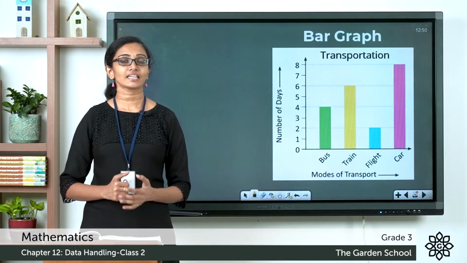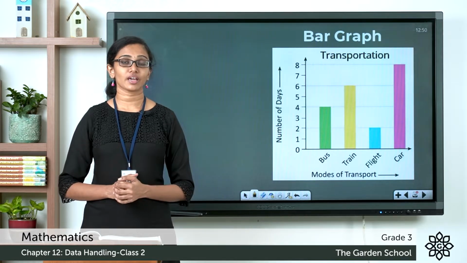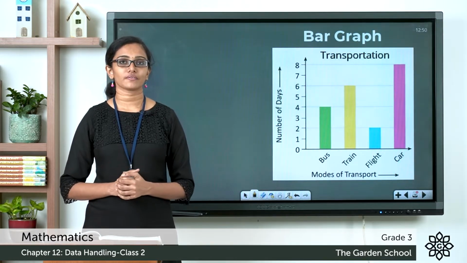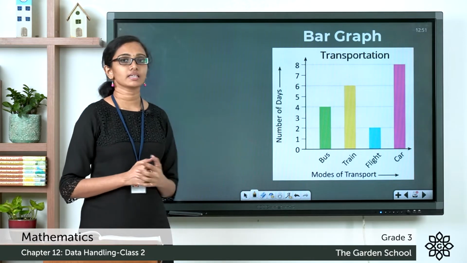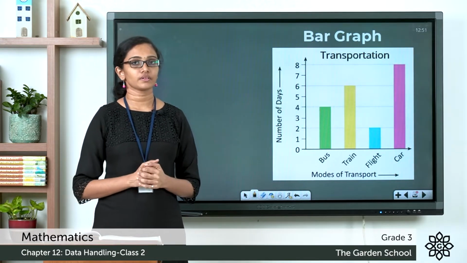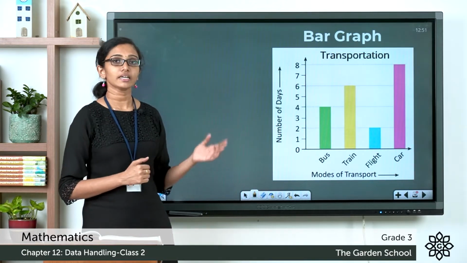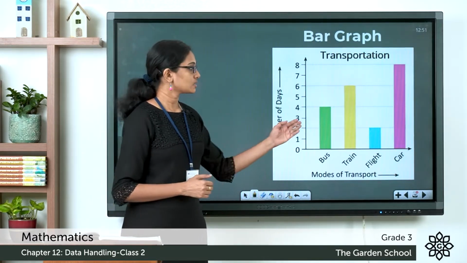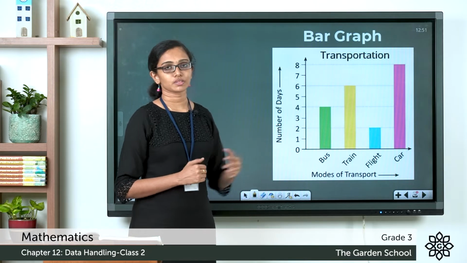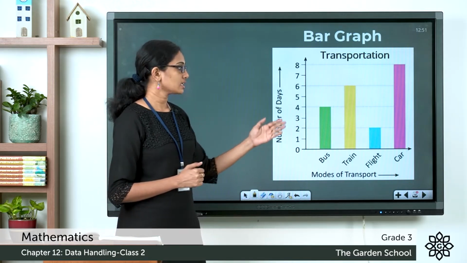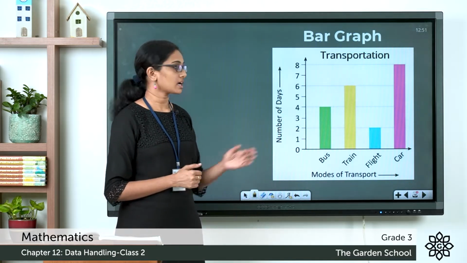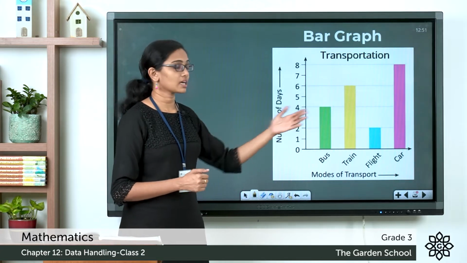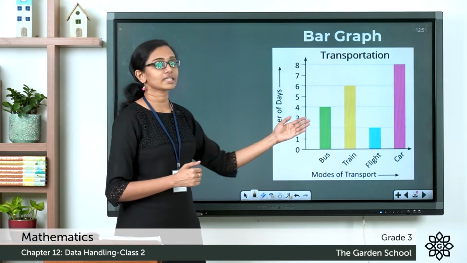Let's learn the next method of data representation today. It's called bar graph. So what you see here is an example of a bar graph. As you can see, in a bar graph, data is represented in the form of rectangular bars or strips. And you can see these bars or strips are equally spaced but differently colored to represent the different category of